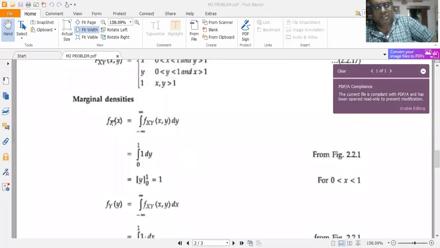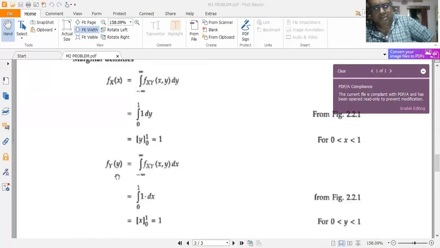Next, coming to the marginal PDFs. The marginal PDF of x, that is fx(x), is given by integral minus infinity to plus infinity of fxy(x, y) dy. So it is equal to integral 0 to 1, because y ranges from 0 to 1. The value of the PDF is 1. So integral 0 to 1 dy gives me y with limit 0 to 1, 1 minus 0 equal to 1